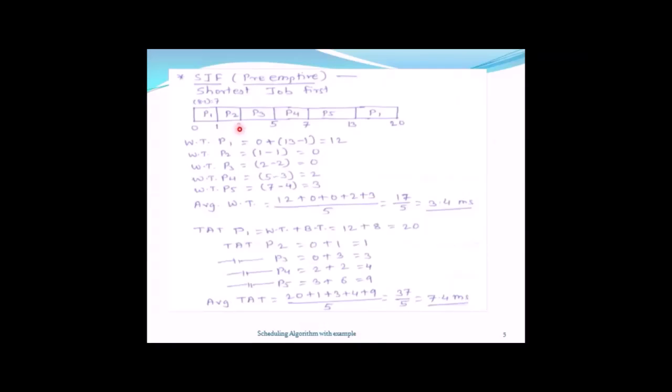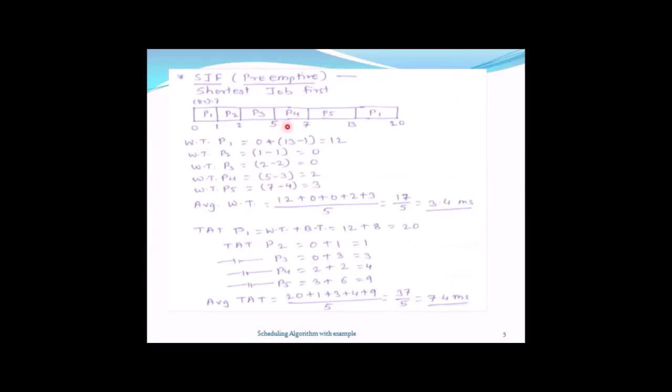At 2 process P3 arrived. Now currently there are two processes, P1 and P3. The burst time of process P3 is 3, which is small as compared to P1. So process P3 gets scheduled. Then at 3 process P4 is arriving, but the remaining time of process P3 at that situation is 2 and the